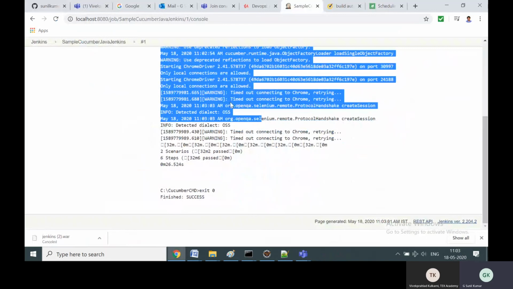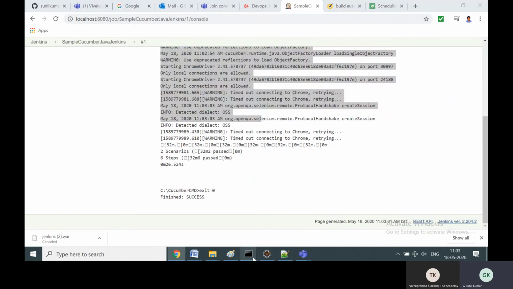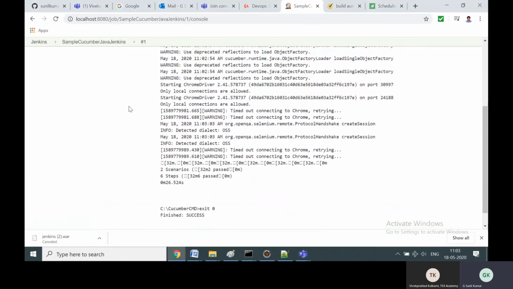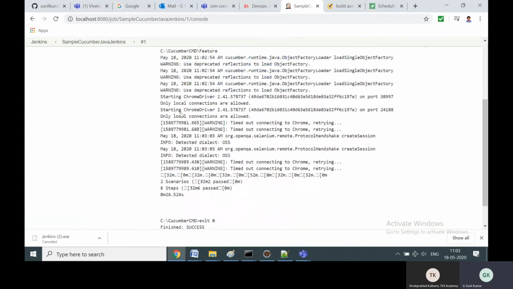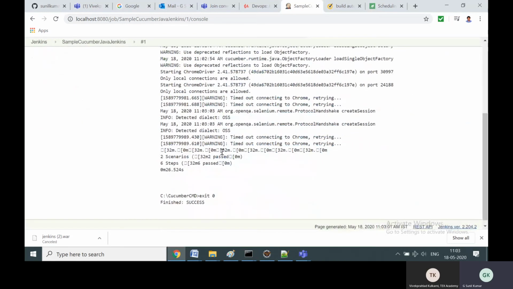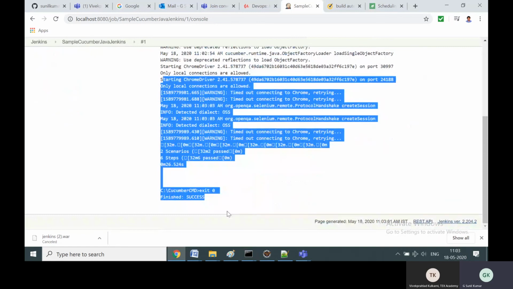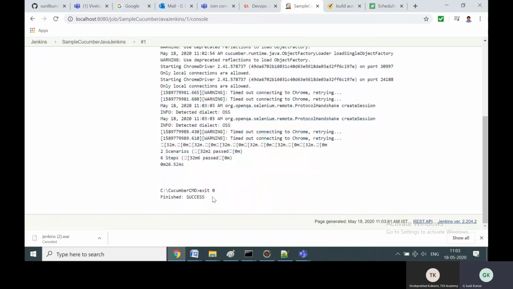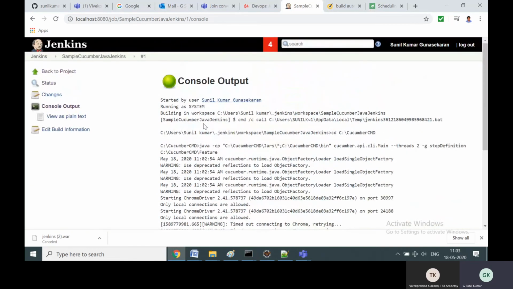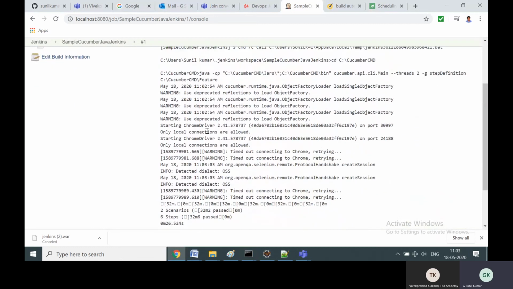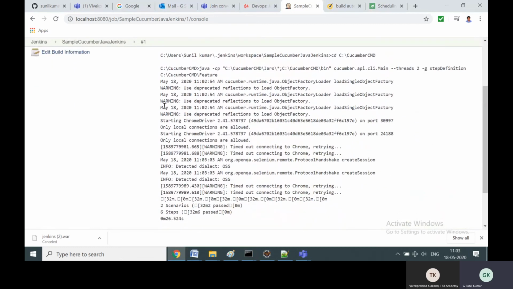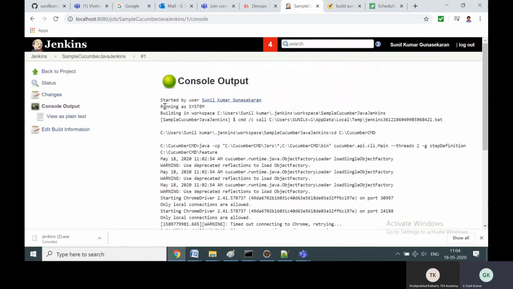A Java project is so simple, very easy. In order to execute a Java project, make sure you are able to execute it in the command line first. Whatever commands you execute in the command line, you have to paste in the Windows batch command section. Once you say build now, it's going to execute and generate the result for us. You can additionally add reporters and so on to capture the executed statistics of the executed test cases. This is a simple, very basic Java project, which clients or customers might want for a POC.